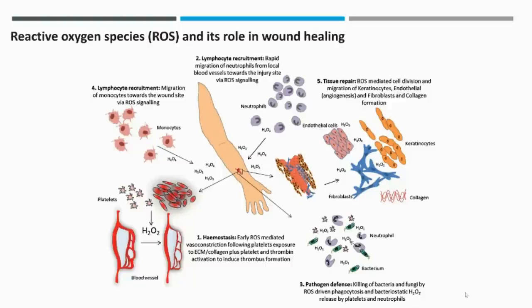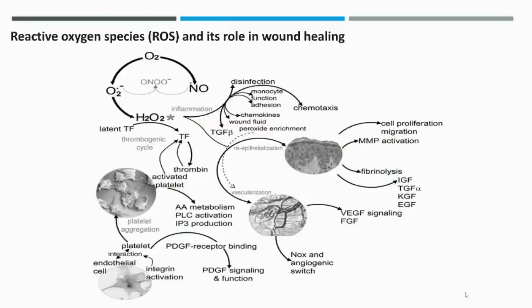So in tissue repair, ROS plays a significant role. In the overall scheme of things, ROS has a role to play at a multifaceted level in the context of wound healing. And this is a different version of the different reactive oxygen species and components involved in wound healing processes as well. So in the thrombogenic cycle of the initial hemostatic cycles, we have